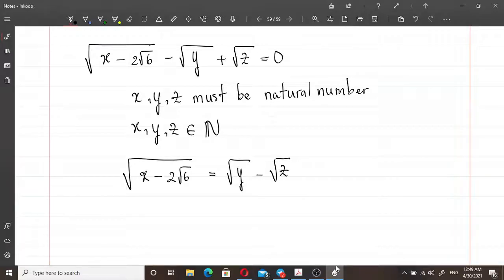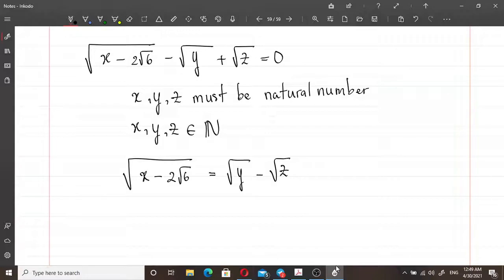Why do we subtract square root of z and add square root of y? Because we want to eliminate the square root. So we eliminate both sides by square root of y and square root of z, so we will get